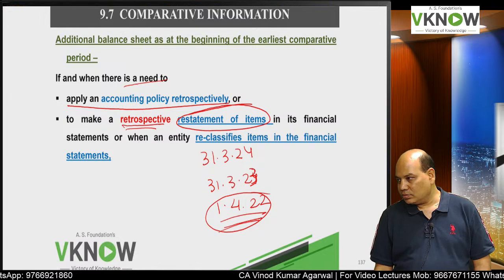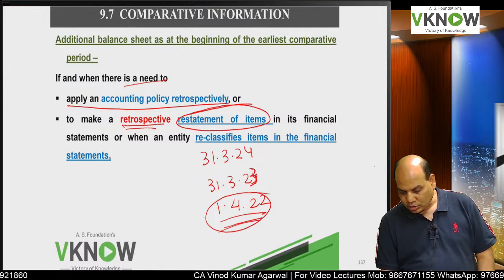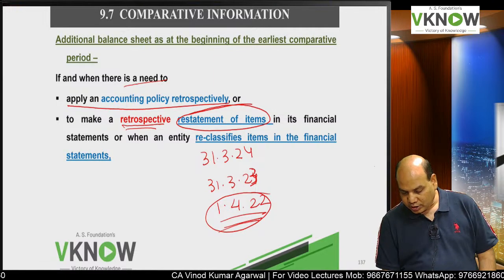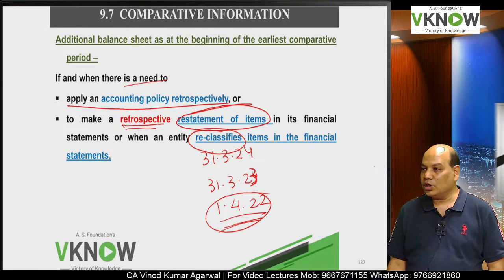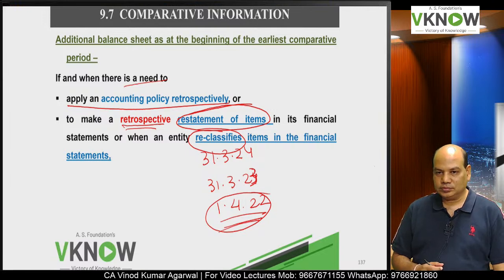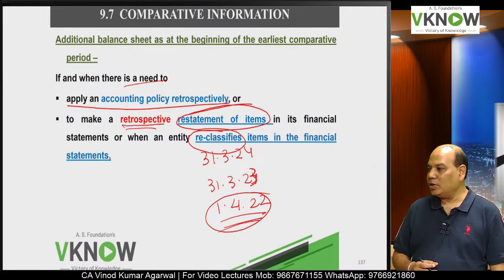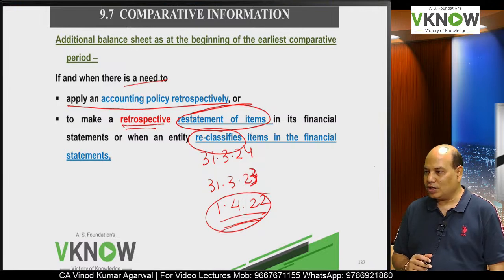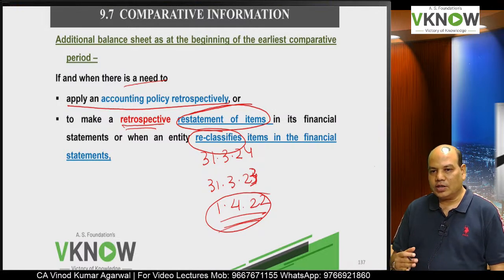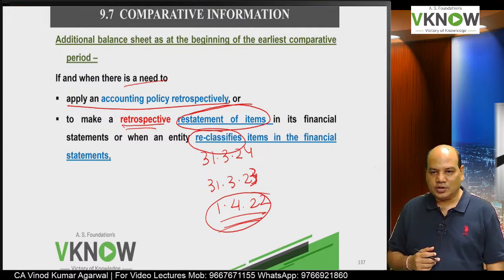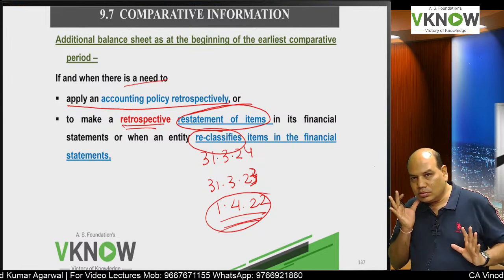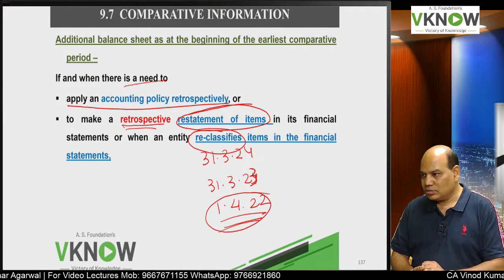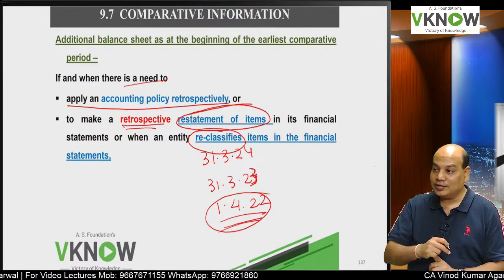PP was wrongly calculated, inventory was wrongly calculated, or when an entity reclassifies an item, investment property was wrongly put in PP item. Is it right? FVTPL was wrongly put as FVTOCI item. Non-financial asset under financial asset, for example. Like that. So if you find that, oh, my presentation is wrong, then you have to go to that year